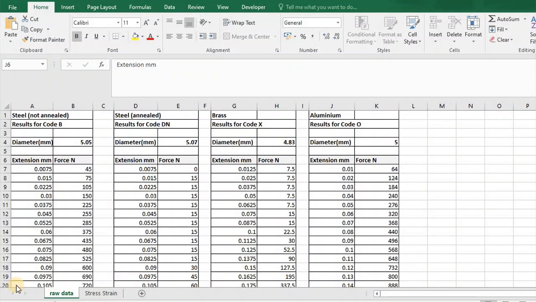So when you open up the Excel document, you should see something like this. Here's all the raw data from a couple of experiments we did last year for steel, steel annealed, brass, and aluminium. For each of them, we've recorded the diameter of the test piece, and we also have the extension and the force. So we would have started off with 0 extension, and then we had